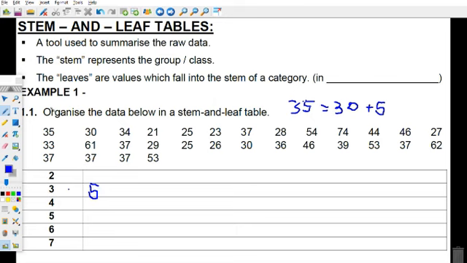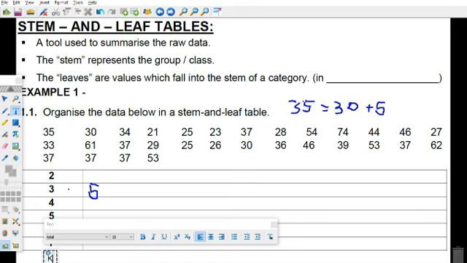So when we have this here, at the bottom I want you to write key. My key is how we take our data and interpret it. We are going to say 3-5,